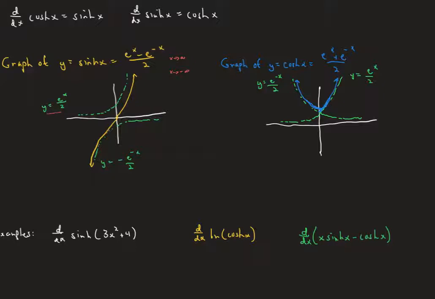So it looks kind of like a swirling motion there as it goes through the origin. Kind of reminiscent of a cubic, but not exactly, because it's exponential, so it's going to get steeper quicker in both directions. The hyperbolic cosine is going to be kind of reminiscent of a parabola, but again, much steeper because